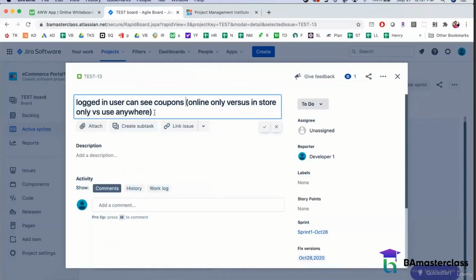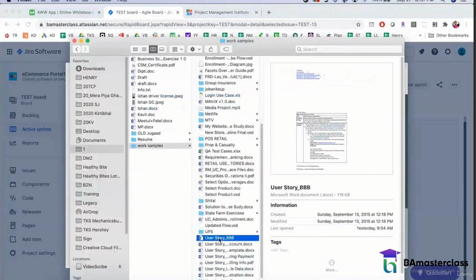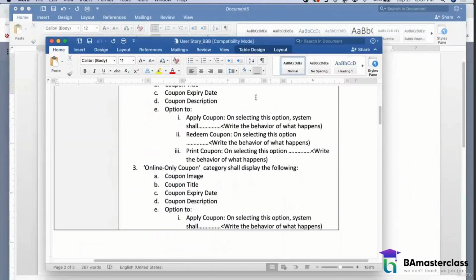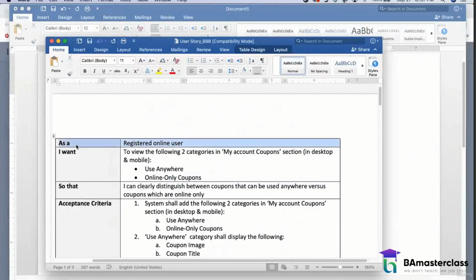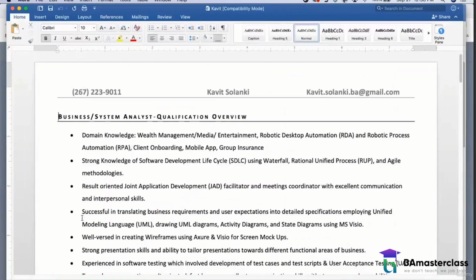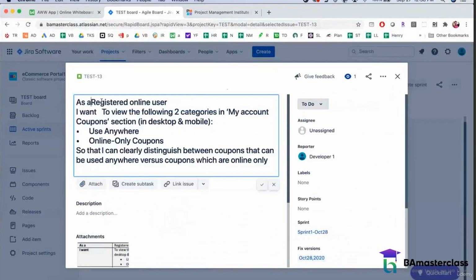Now this is a very rough thing. I don't want to use it. I want to put this into the format of a user story. So I'm just showing you a user story that I have ready for me. I'm just going to do a copy and paste to save some time. So basically these three things, which I'm going to write first. So we say, as a registered online user,